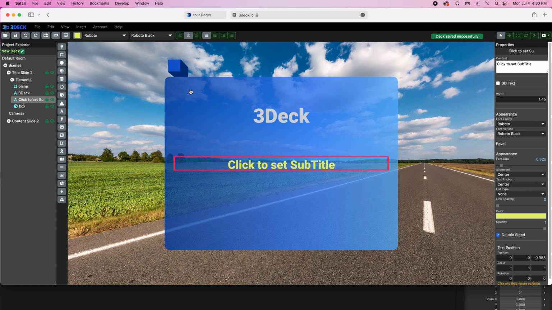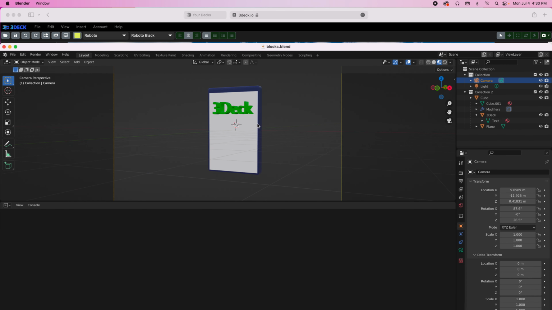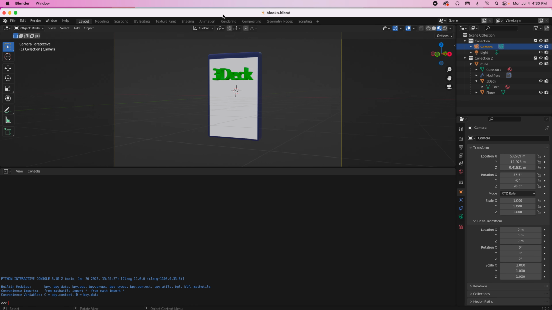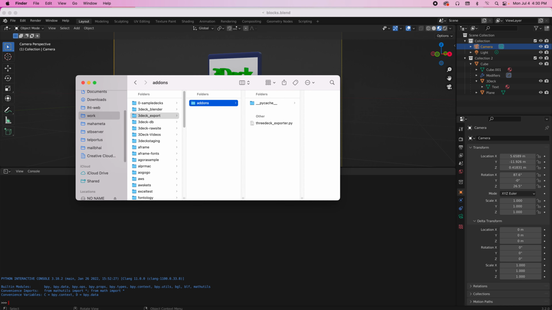Next, we need to add a model from a modeling tool into 3Deck. To do that, we'll use our preferred tool, which is Blender. In Blender, I've created a simple block object, and we need to export this into 3Deck so that it can be added in 3Deck. Before we are able to export it, we need to first